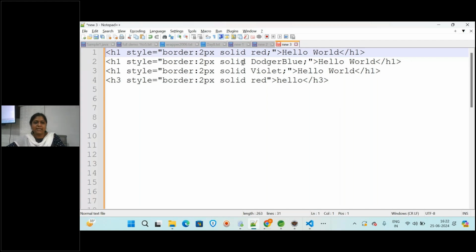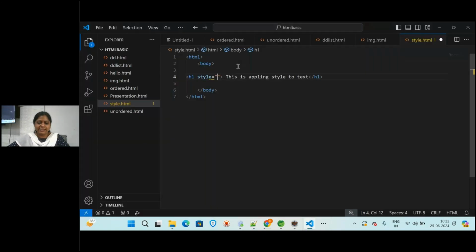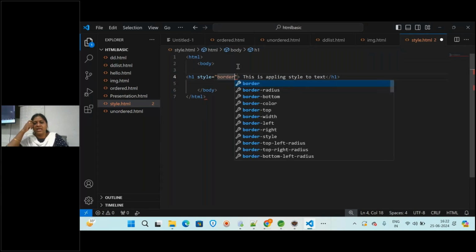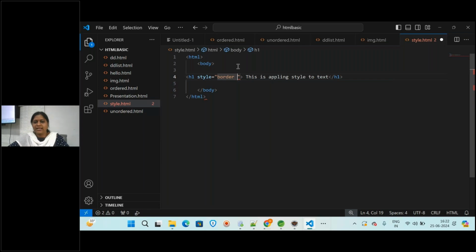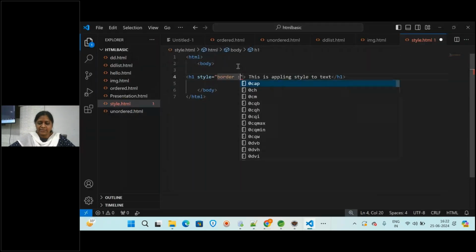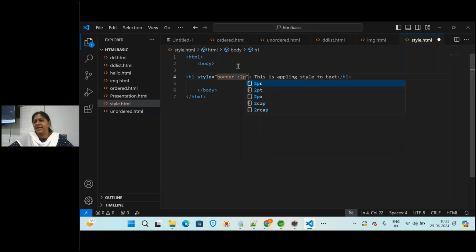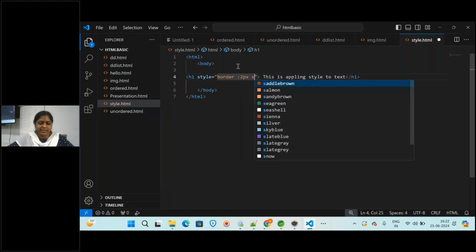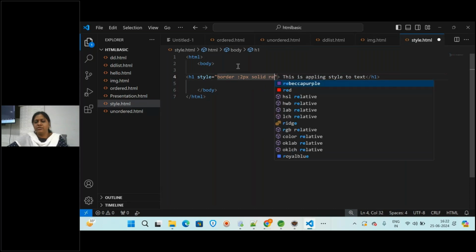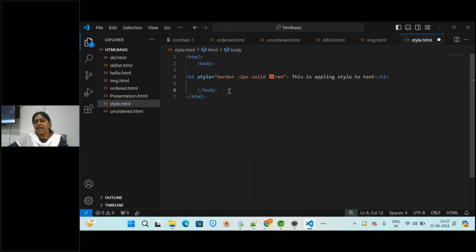Okay, so let us apply this. In style is equal to, if you want border, otherwise you can apply without the border also. And here you will be mentioning the border, colon, how many pixels you want, 2 or 3 pixels, and then you can specify solid. Okay, you will be giving some red color. So like this you can mention, and it will be applied with that particular style.